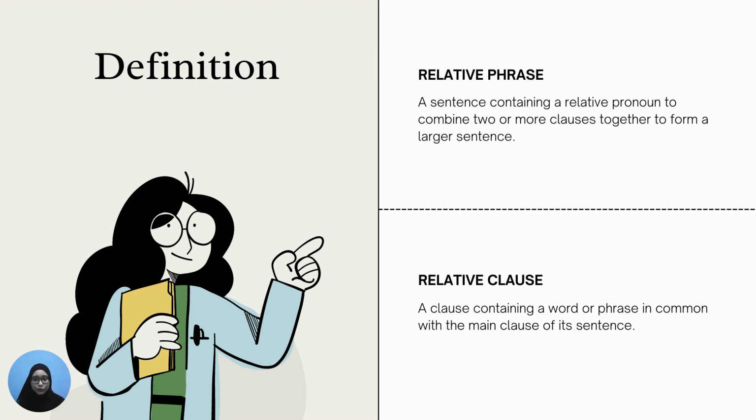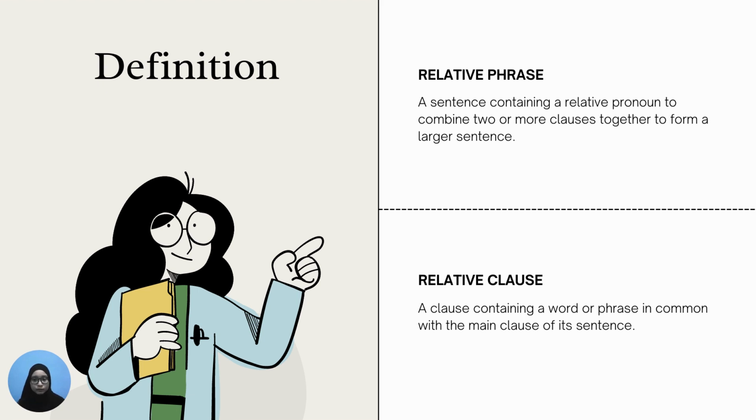You might be wondering, what is a clause? A clause is essentially a group of words put together to sound like a sentence on its own. A clause by itself can be a sentence, but you can also put two or more clauses together into one larger sentence. In fact, one way to do that is with relative clauses. It is called a relative clause because it contains a word or a phrase in common with the main clause